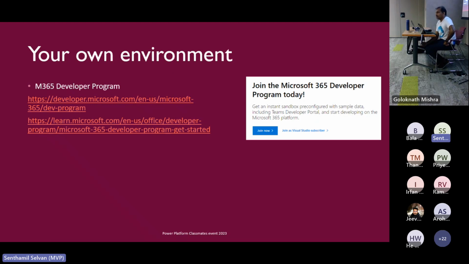But what we do is, once we sign up for M365, we set up our own environment. You can set up multiple environments for dev, test, and UAT, similar to what you do for any organization. I do my setup, and on top of it, you just go for the trial of Power Virtual Agents and Dataverse. You can create one Dataverse. It comes with a minimum of 1 GB or 2 GB of storage for your environment. You start using it.